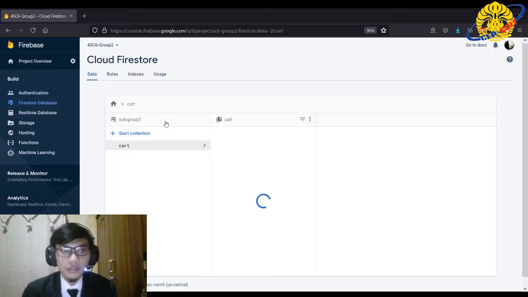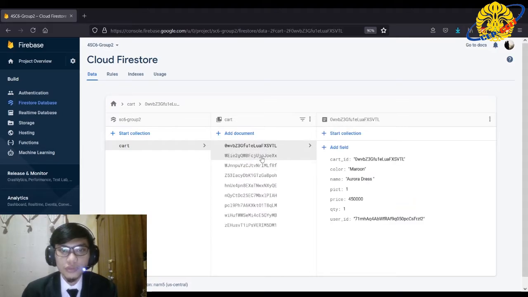And next is the Firestore database. This database we use to store the cart activity data, where we have a cart collection here, and we have several documents where this is the cart ID.